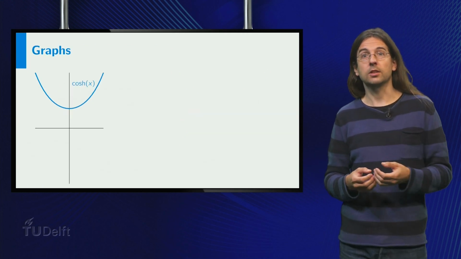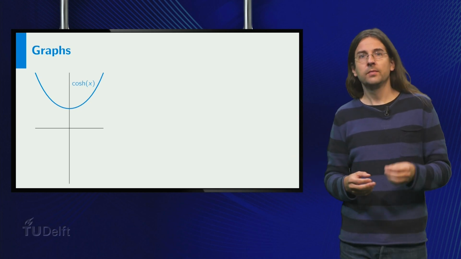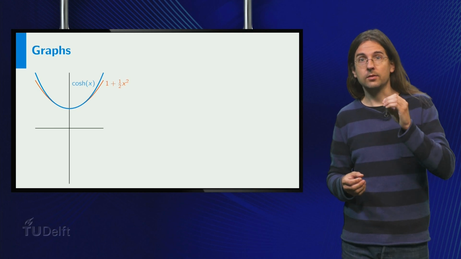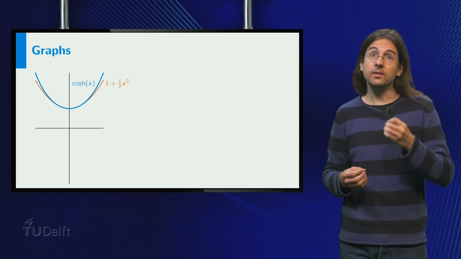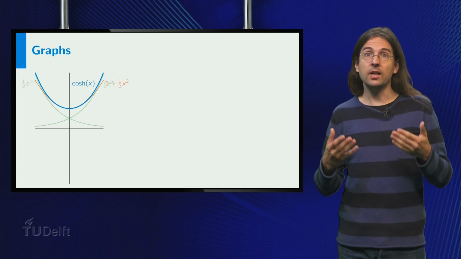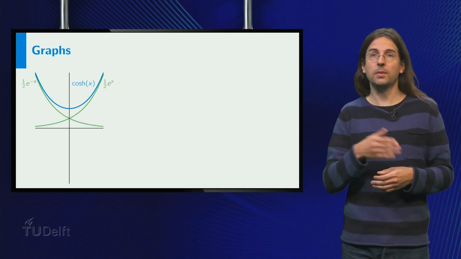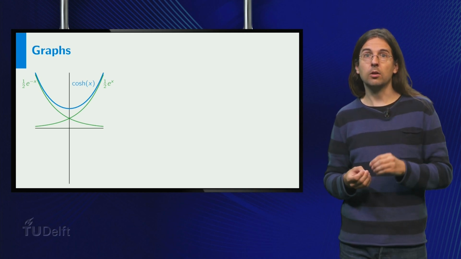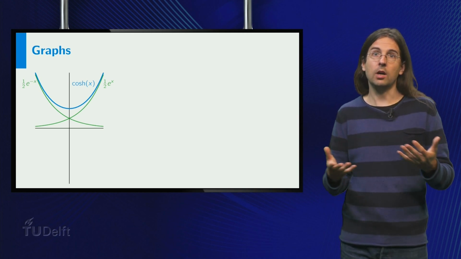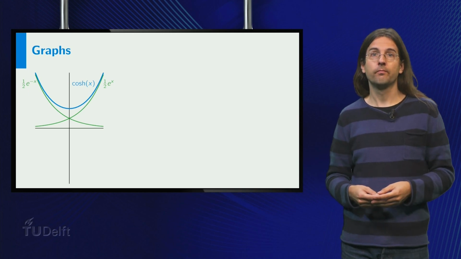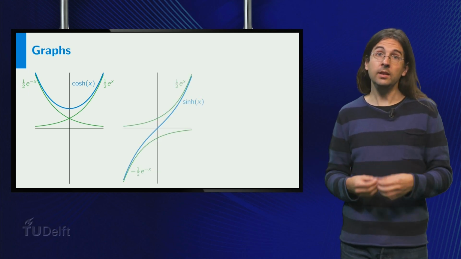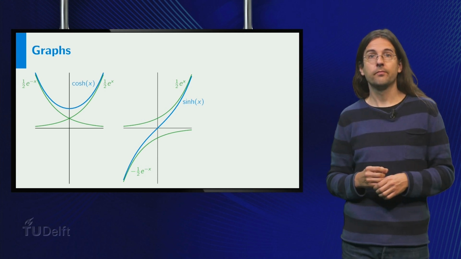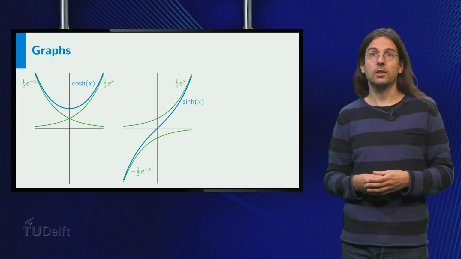First, the hyperbolic cosine. It looks a bit like a parabola, but it is steeper. Indeed, the orange parabola does not grow as fast. Instead, the hyperbolic cosine increases exponentially as x goes to plus or minus infinity. For example, for very large x, the hyperbolic cosine looks very much like the green graph of e^x over 2. The hyperbolic sine is an odd function, which goes from minus infinity to plus infinity. It also grows exponentially on both sides.